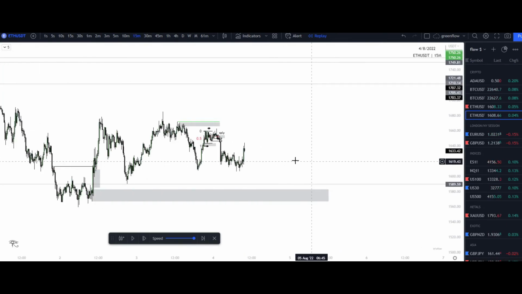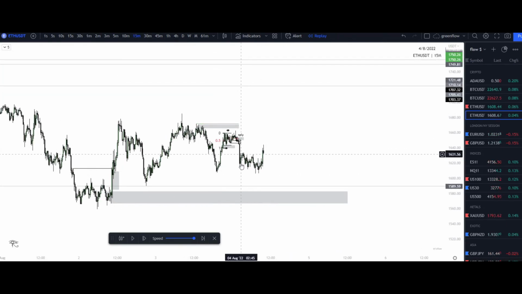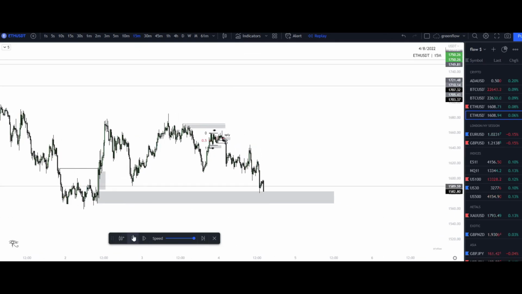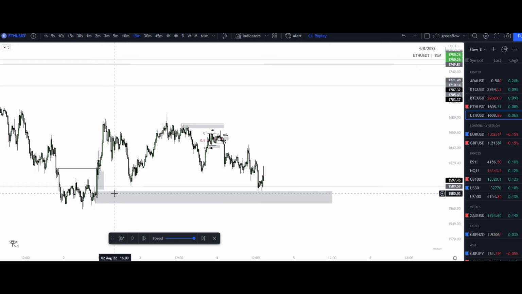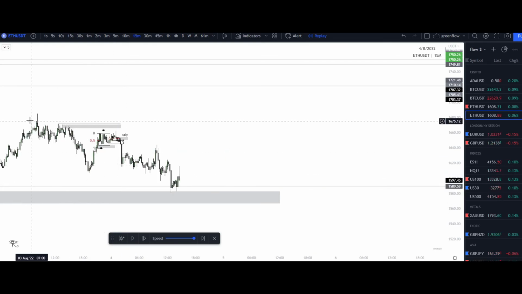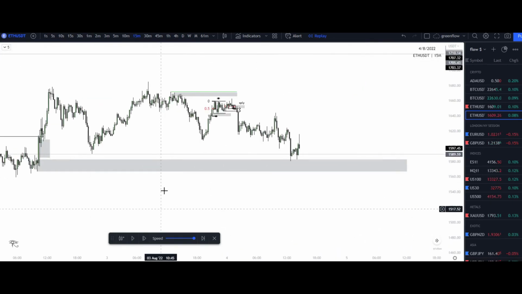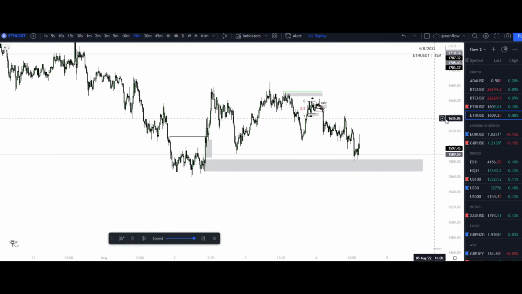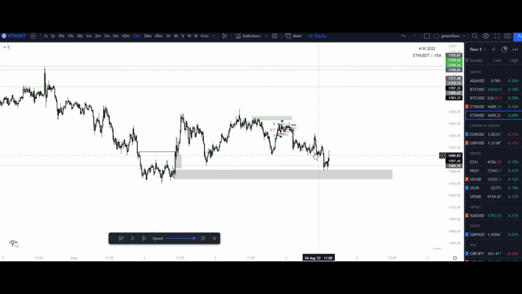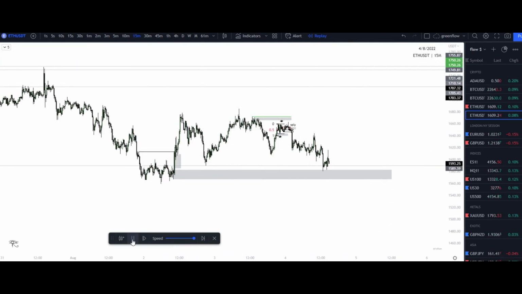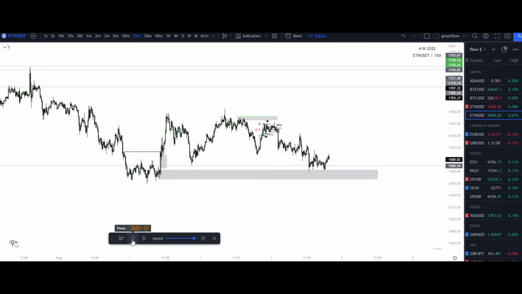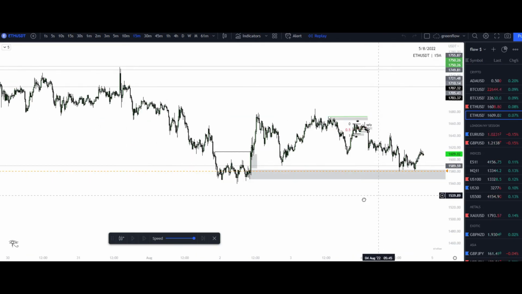Just go to the 15. Yeah, see, we raid this low right here, come up into this imbalance, and then break structure to the downside. We have our area of demand from this break of structure to the upside right here. Let's go ahead and look at the candle before this candle that broke out of the range. Boom, presented right here. Comes back down into there, raids liquidity. Then we can look for possibly higher prices if we can break structure and show that impulsive move to the upside to show us everything we want.